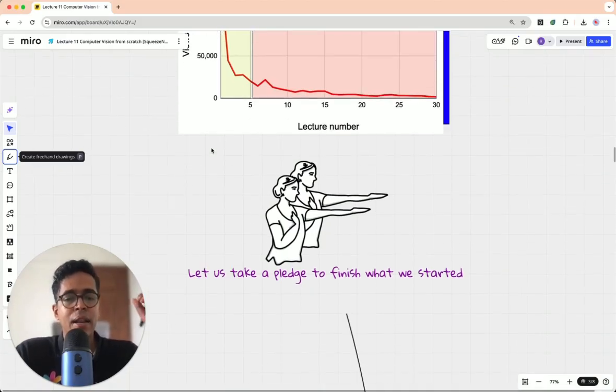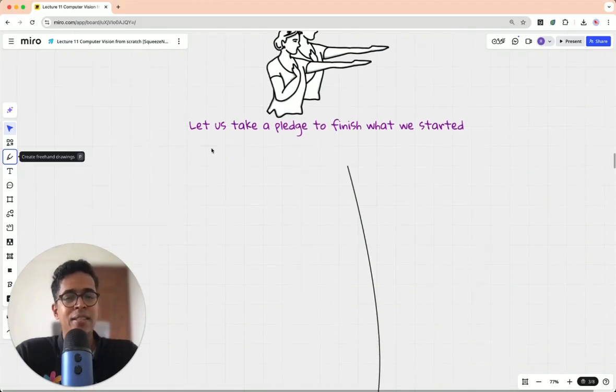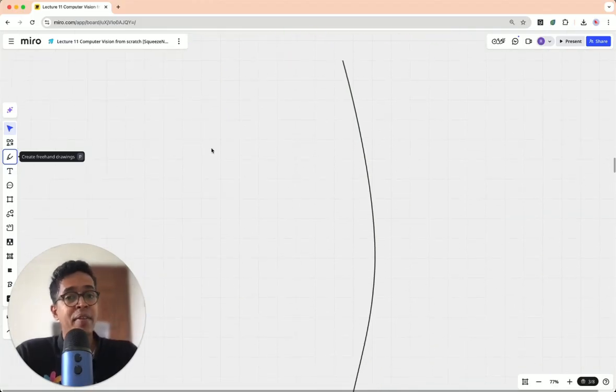So I really want you to internally or externally take this pledge so that you are kind of motivated to